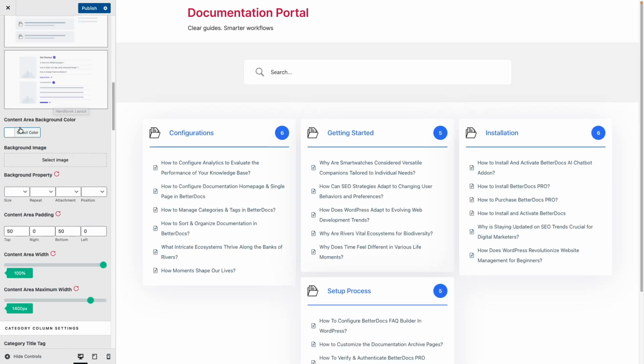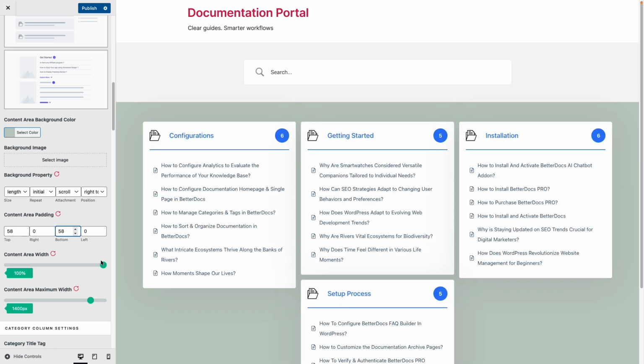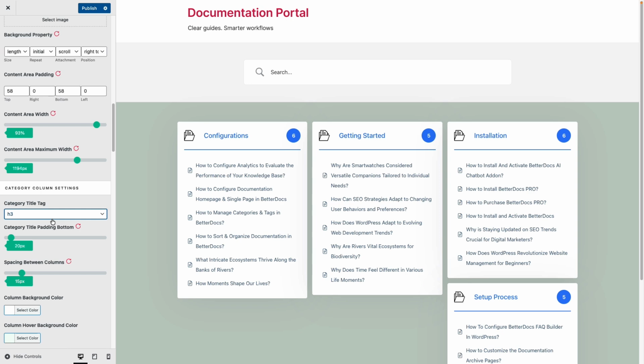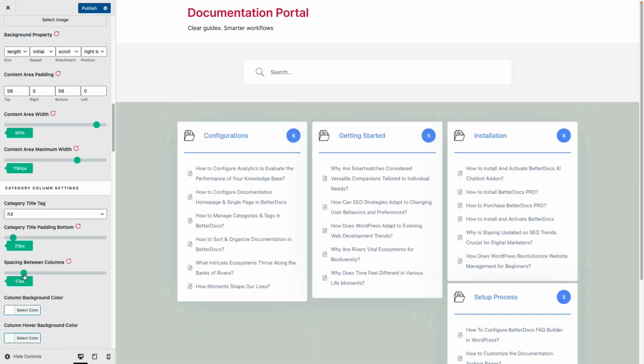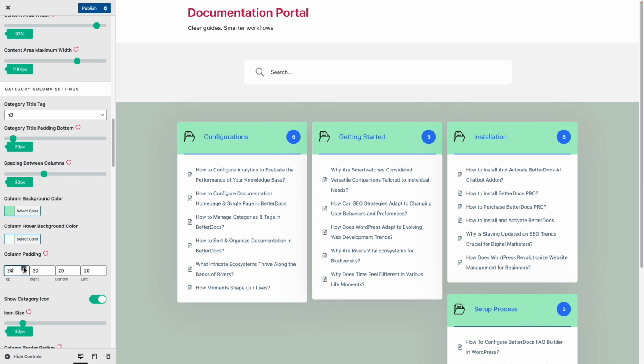You can modify the content area background color and make your text font stand out. Adjust the content area padding and width for better spacing, and set a maximum width to keep your content readable on all devices. Adjust category title padding, font, and colors, and tweak column backgrounds, hover effects, and spacing for a